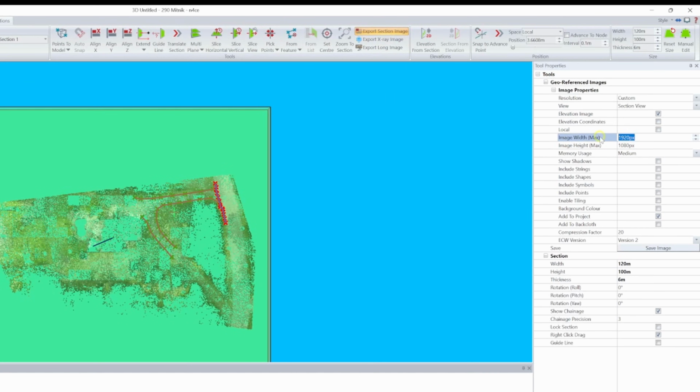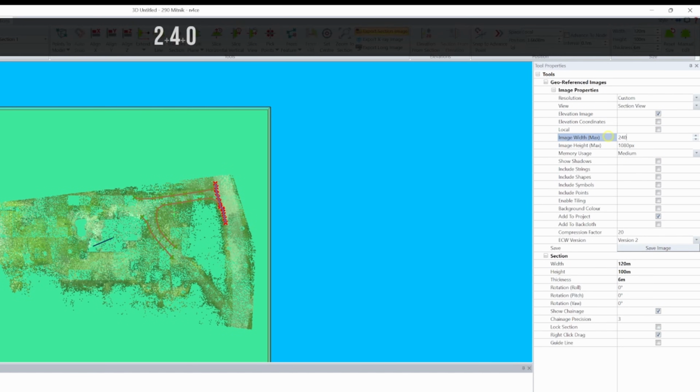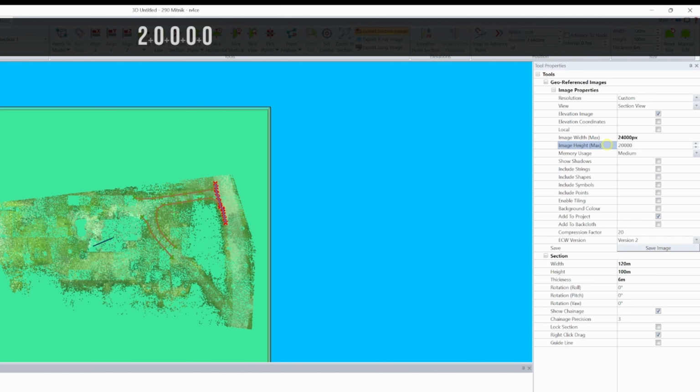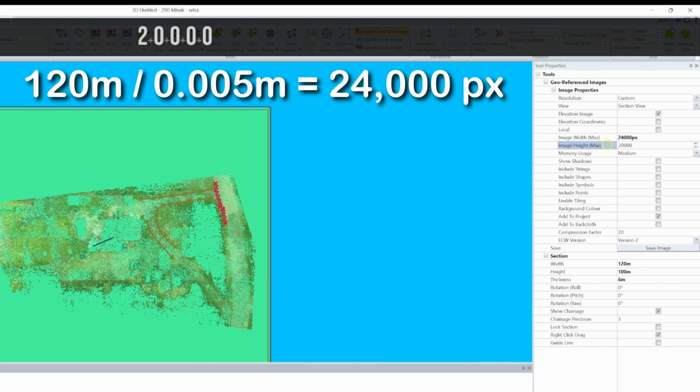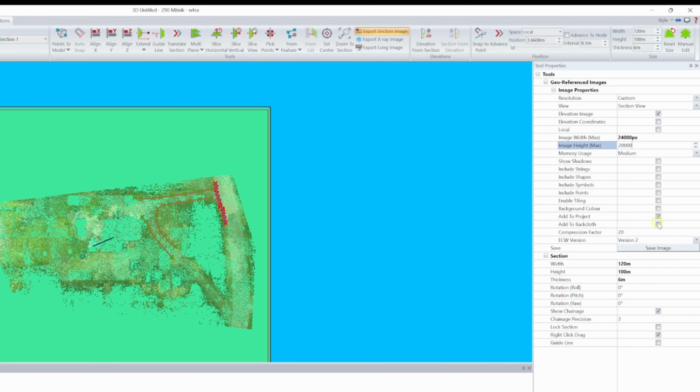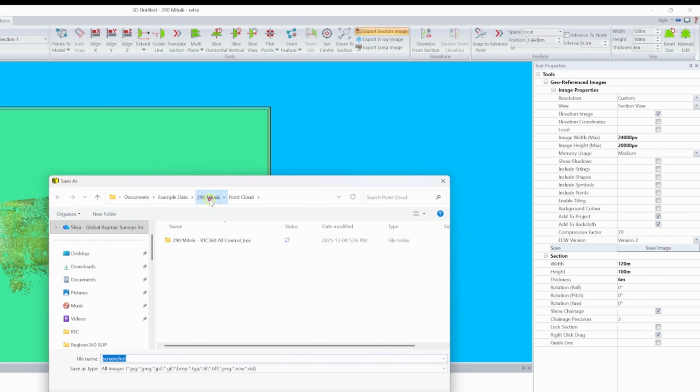I'll adjust the image width and height to give me a ground sampling distance or pixel size of half a centimeter. Since my section is 120 meters by 100 meters, this means I want my image to be 24,000 pixels by 20,000 pixels. I'll toggle Add to Project and Add to Backcloth, click Save Image, and save it as an ECW. Now it doesn't have to be an ECW, but